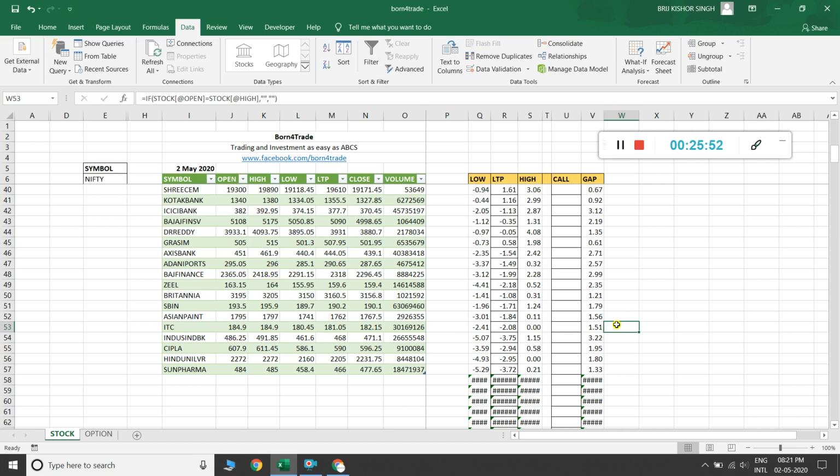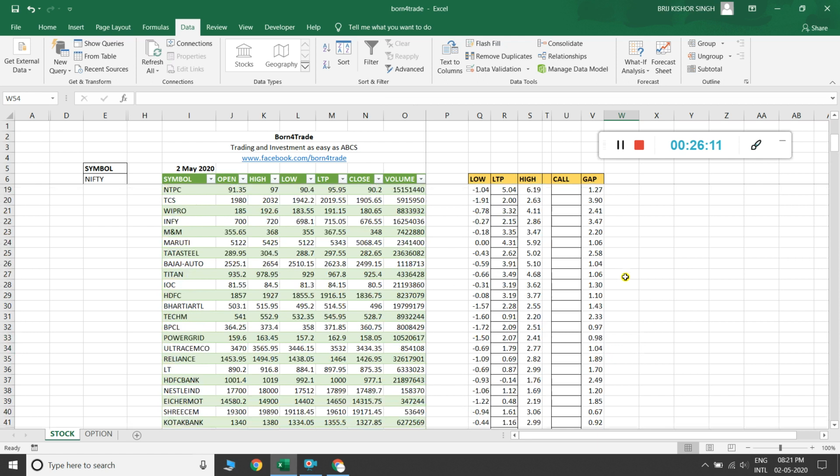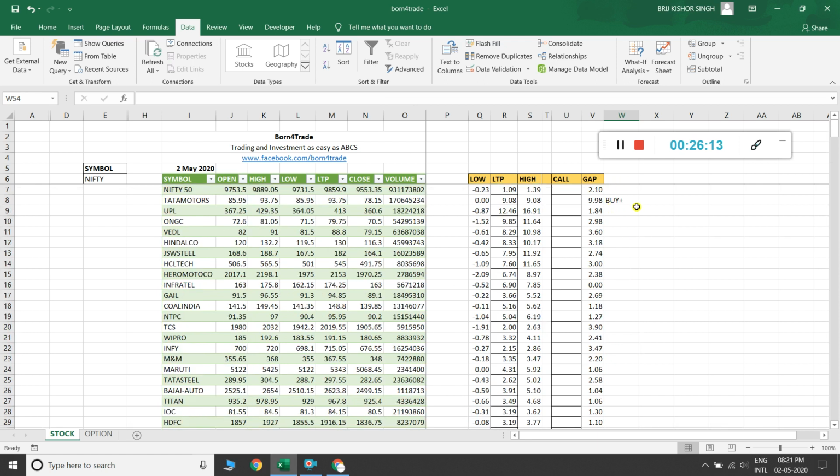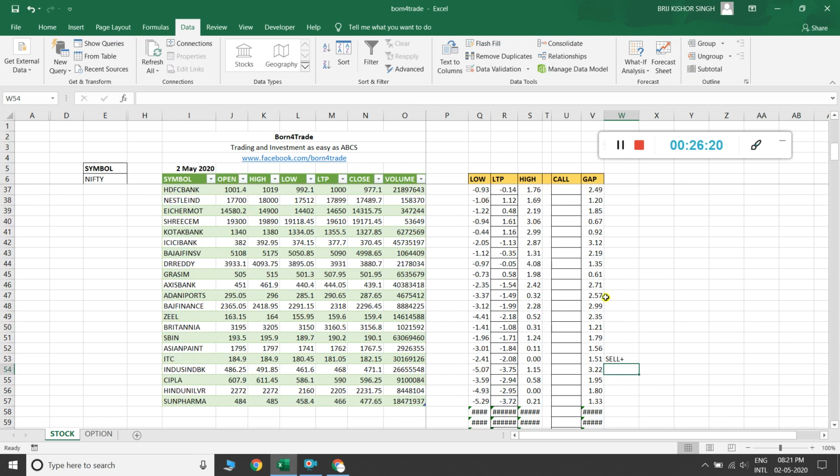Then we are taking this stock to sell, then I just put here a sell plus signal, SELL plus, and it appears as a sell plus signal. So I think you can easily understand the process of buy plus signal and sell plus signal.